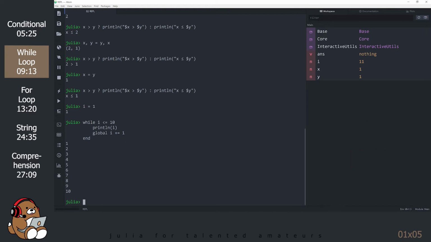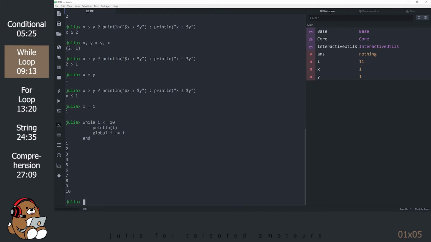When you create a loop, the variables included within that loop are considered local variables. They are treated as temporary variables that are used during the loop and then discarded once the loop has completed. If you just want to refer to the value of a variable in the global scope within the body of your loop, there's no problem with doing that. The problem starts if you want to change the value of a global variable from within the body of your loop, as in the case with I plus equals 1.